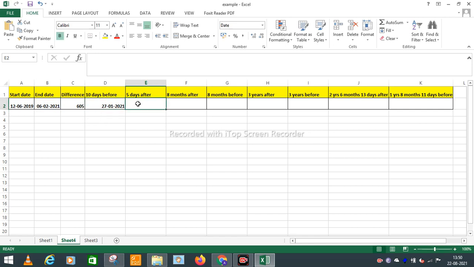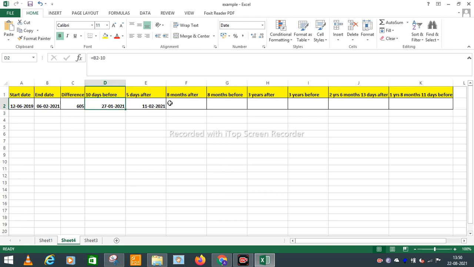Then I will find the date 5 days later than this date. So here I will use equal to the main date. In the case of before we used minus, so in the case of after we will use plus. So I will put plus 5. It is so simple. For a future date I just use plus, and for a before date I just use minus.